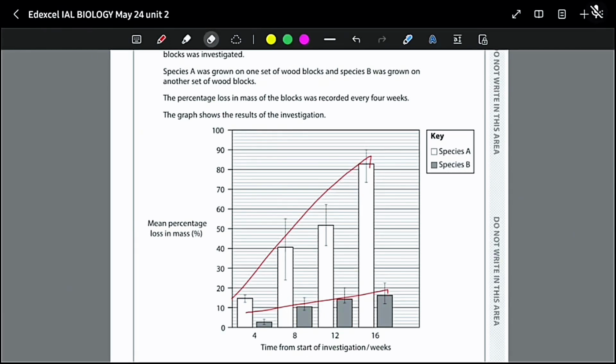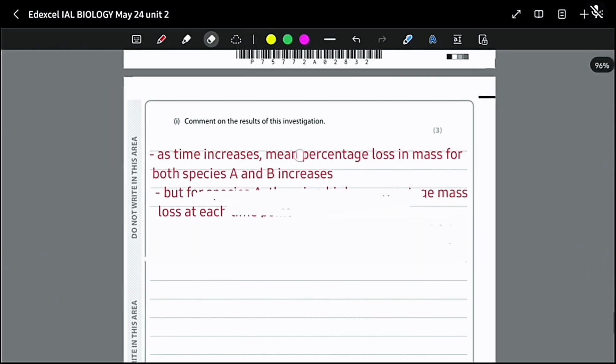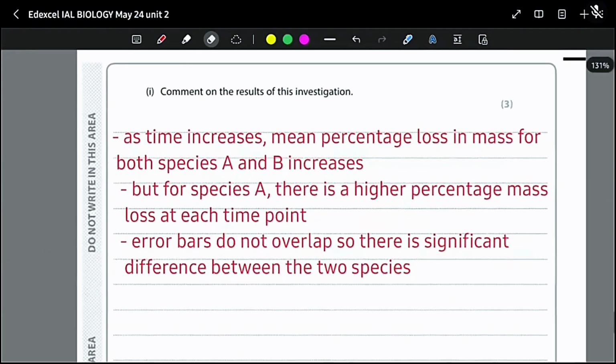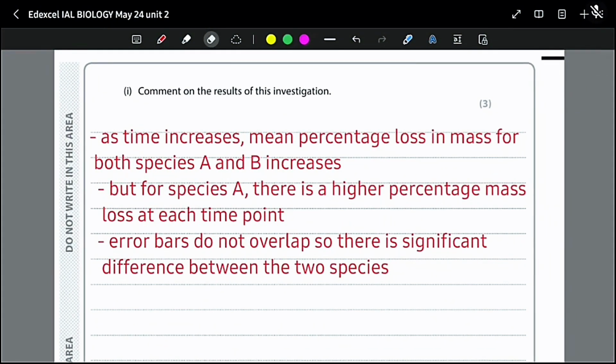So in this one, we are given species A and species B, so we could say that. These 3 points are always included in the mark scheme. So that's a general way to answer these questions and easily get 3 marks. You can just input whatever information is given in the question and then write the answer. So the answer for this question is this one. Next question.